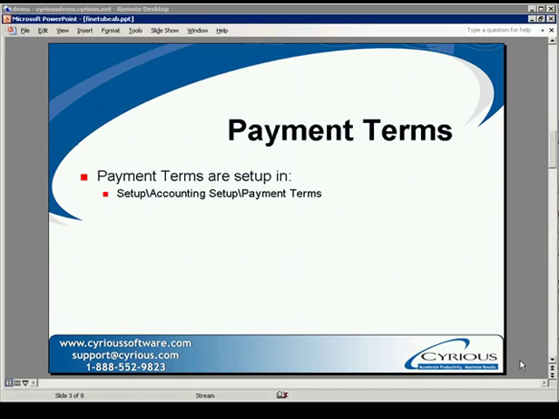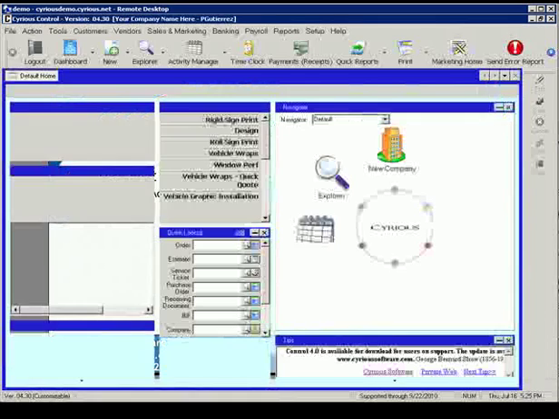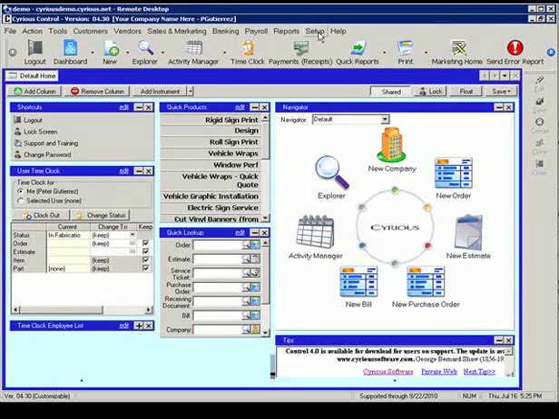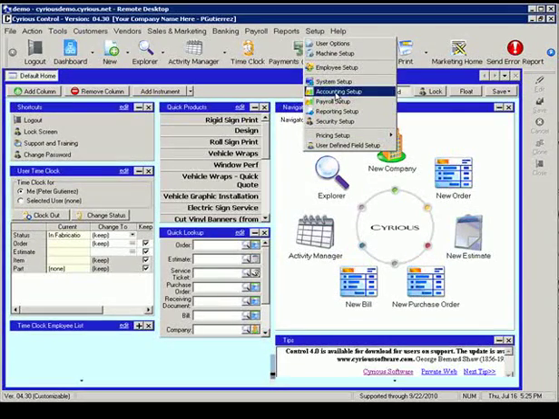In order to have accurate ARs, our payment terms have to be set up correctly. And furthermore, we have to verify that our customers are set up with the appropriate payment term that applies to them. To locate the setup for payment terms, we're going to go into Setup, Accounting Setup, and Payment Terms in Control. So, going into Control, we're going to click on Setup, Accounting Setup,